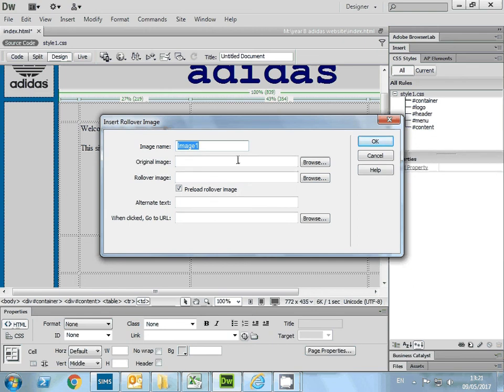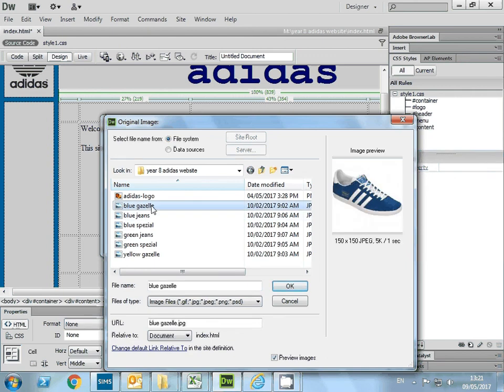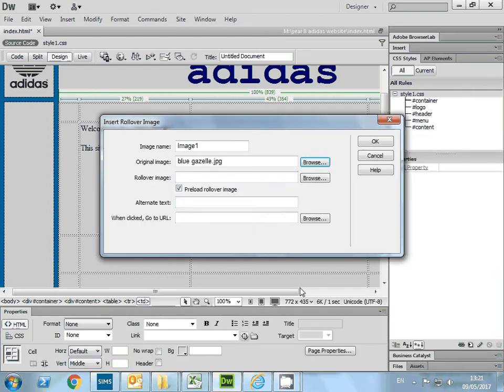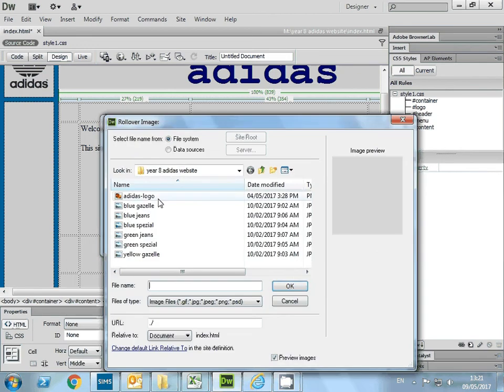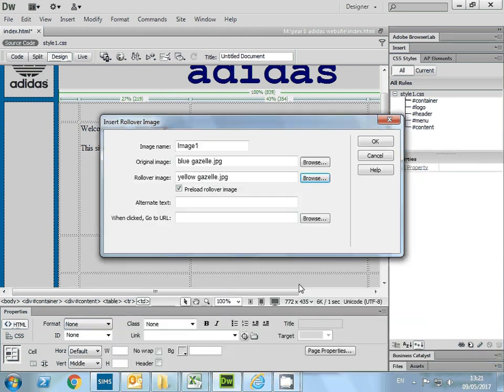We browse for the original image, so I'm going to do that now. We'll start off with the blue gazelle and we'll click OK, and then we browse for the rollover image, and it is the yellow gazelle in this case, and we'll click OK. Alternate text, this is what will appear when the user puts their mouse over the image, and it's useful, for example, if someone is accessing the site using text-to-speech software. So let's put something in here, we'll put Adidas Gazelle